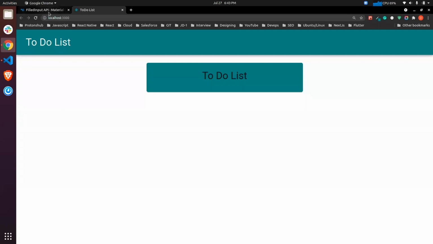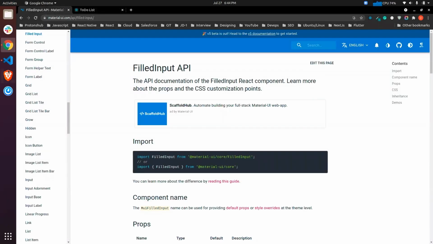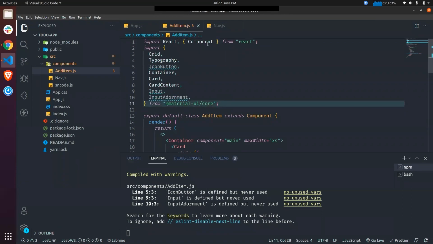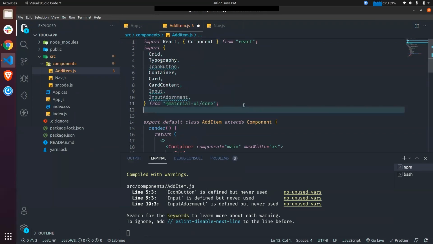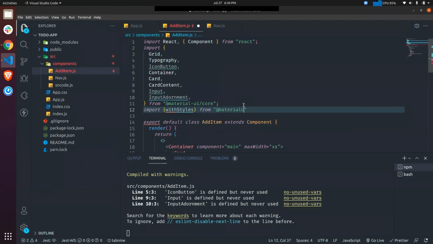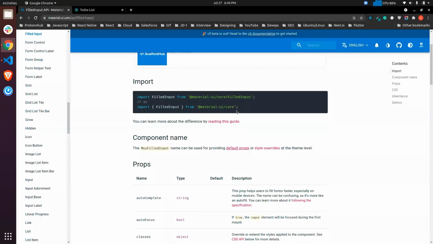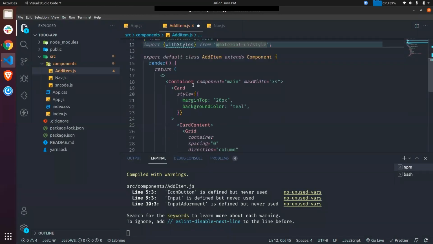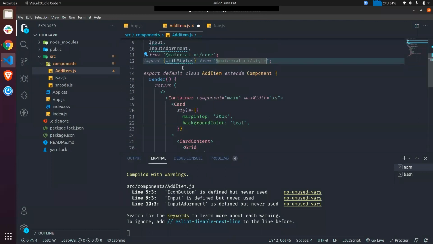If we go to our code, we are in a class-based component. So what we need to do is import withStyles from @material-ui/styles. This withStyles will go at the bottom and it will take your whole component.